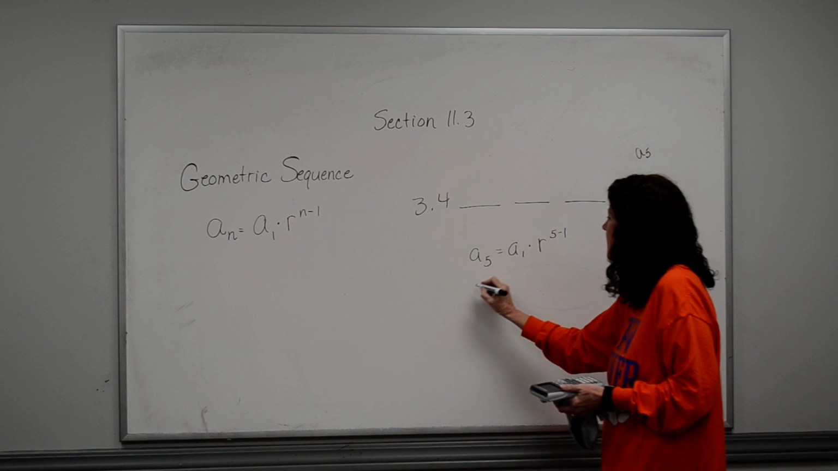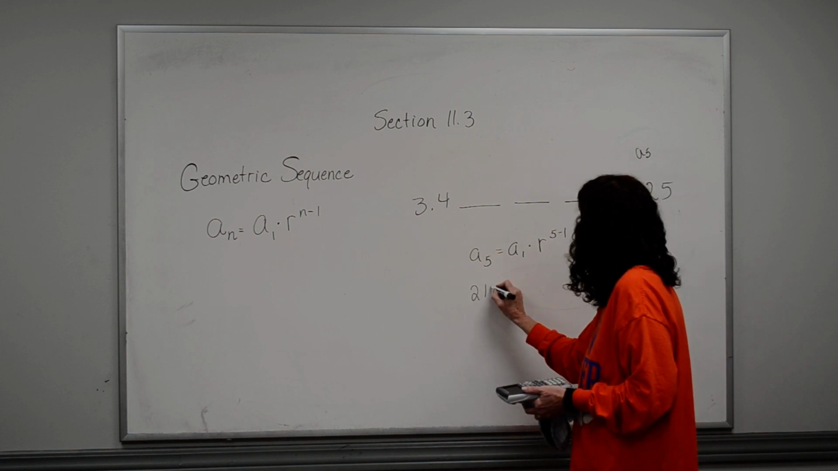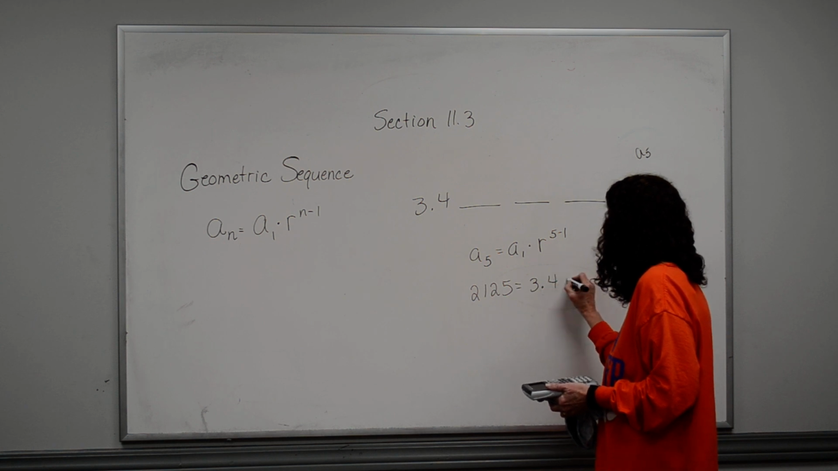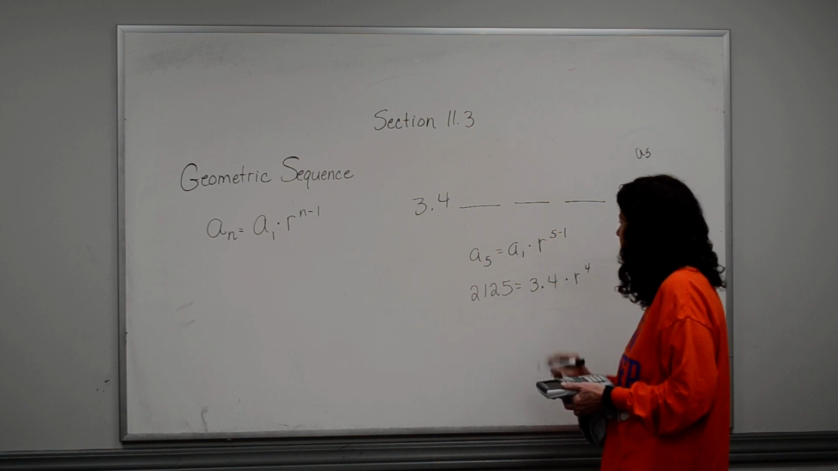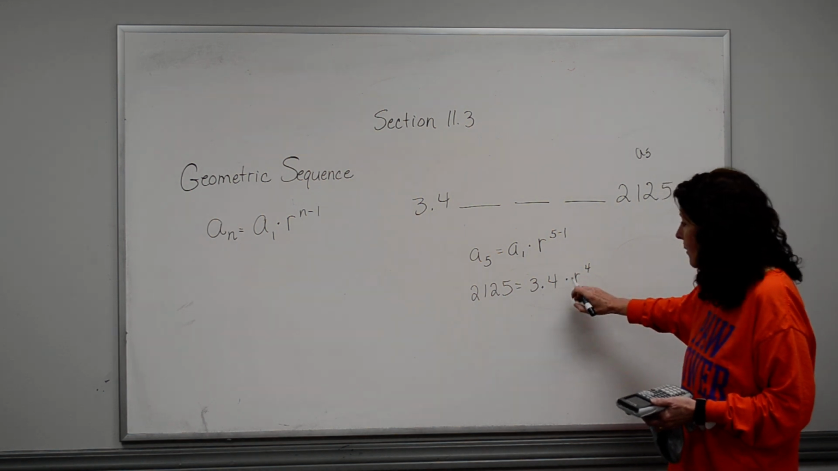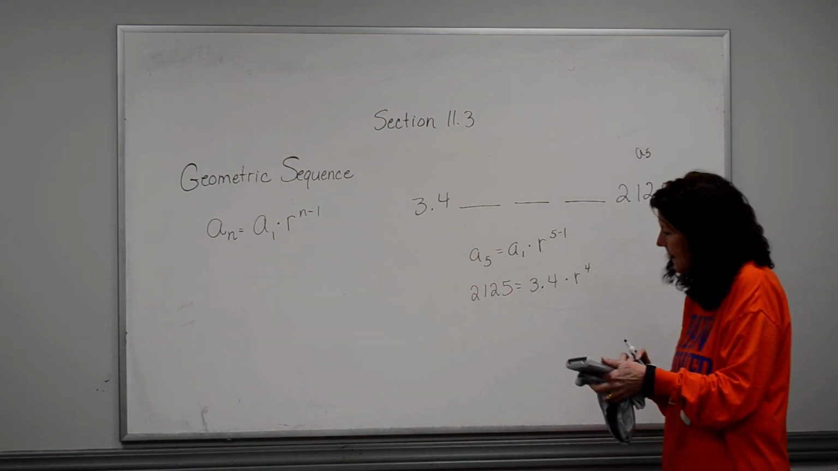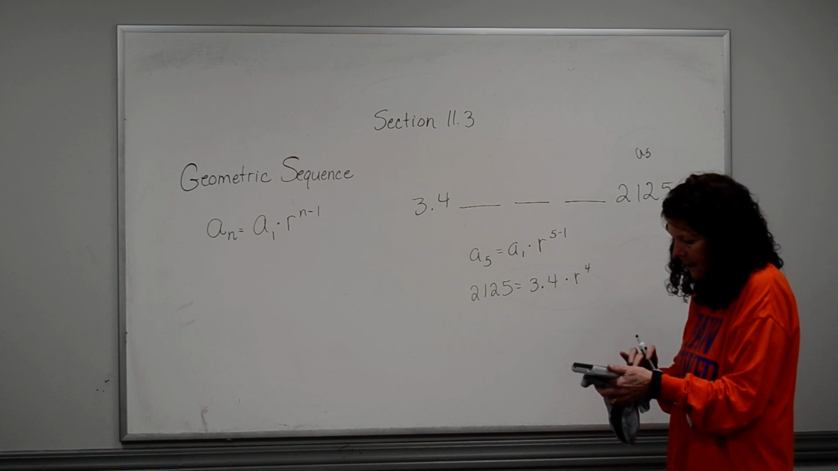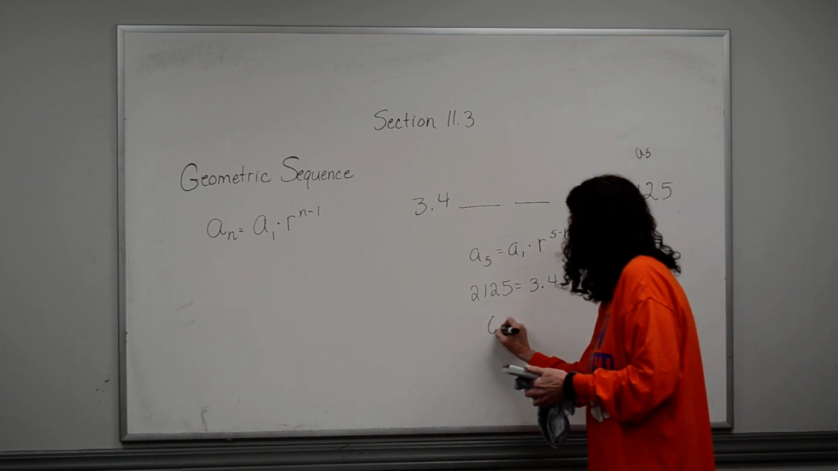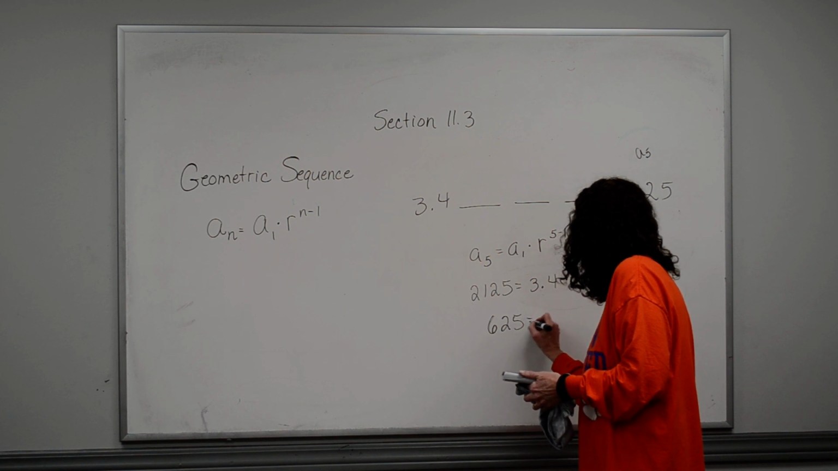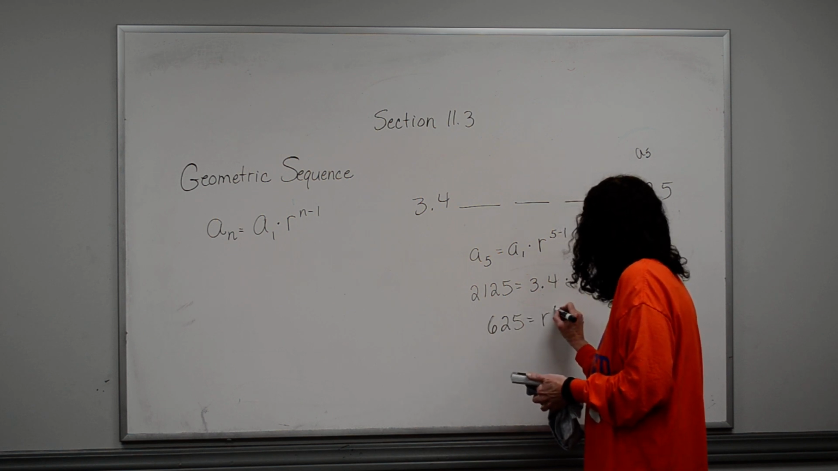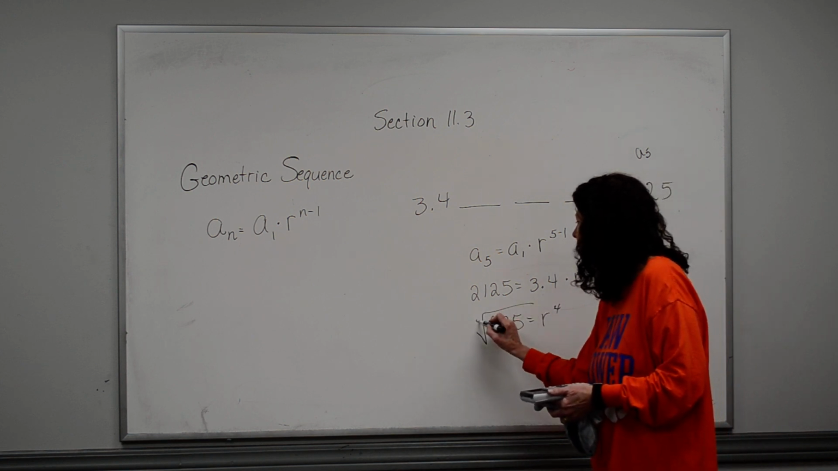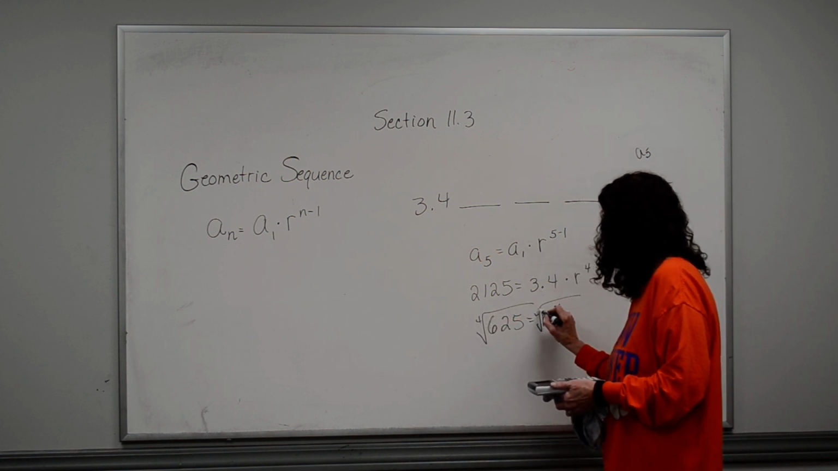I know this. 2,125 is equal to 3.4 times r raised to the 4th power. Okay, I want to solve for r, so what I'm going to do first is take the 2,125 and divide it by the 3.4, and I'm going to get 625 is equal to r to the 4th power. To solve for r, I'm going to have to take the 4th root of both sides,